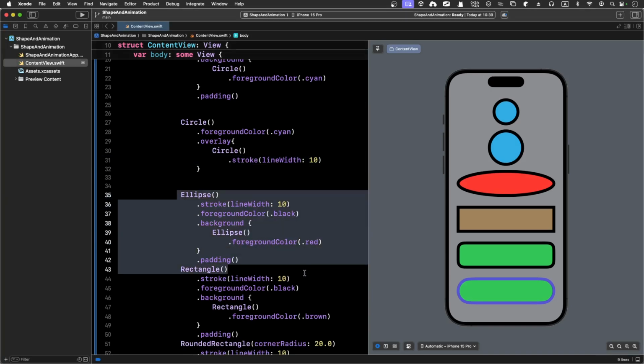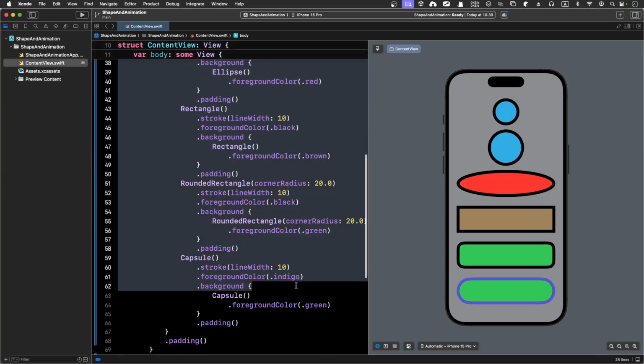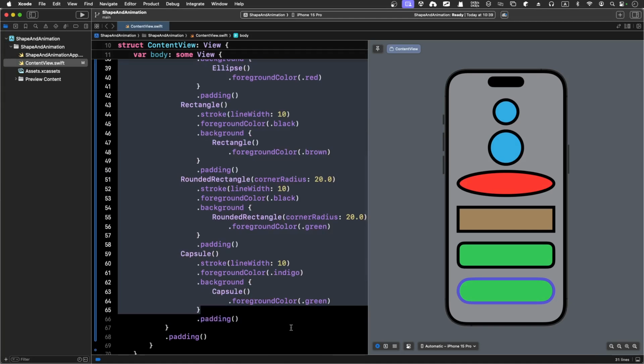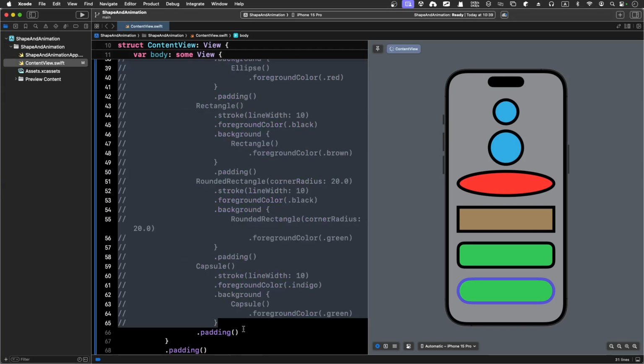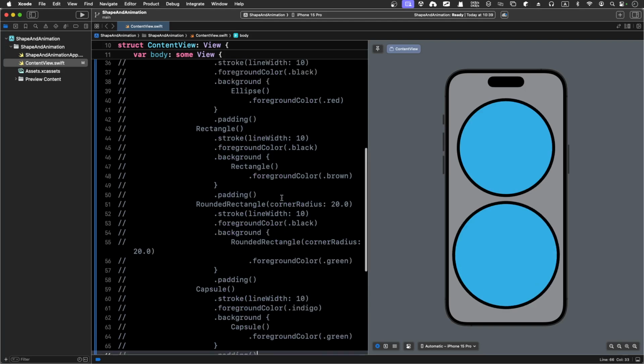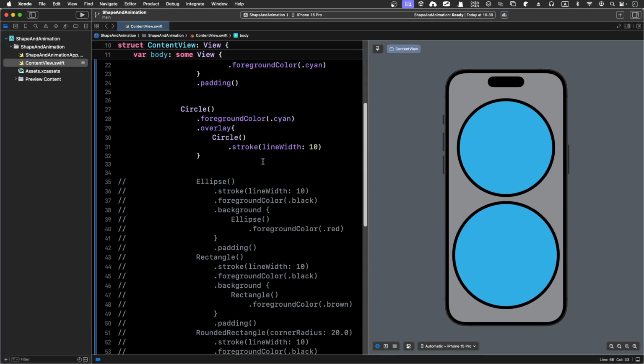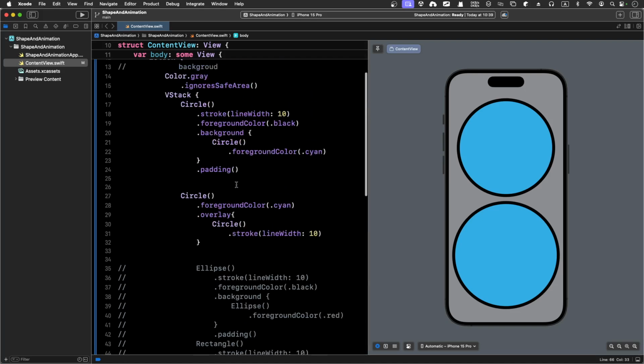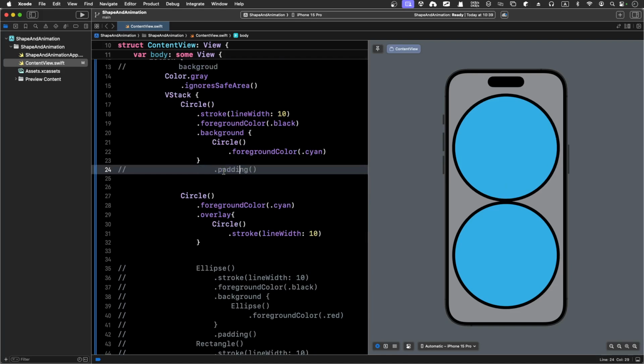Let me just get rid of all this different shape. So just to give these two circles a lot of space here. As you guys can see, if you comment padding as well, I think it's almost identical